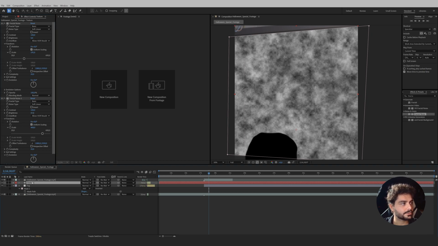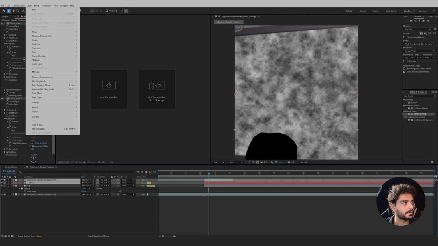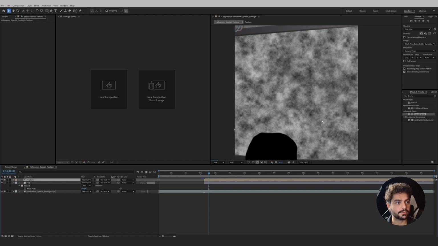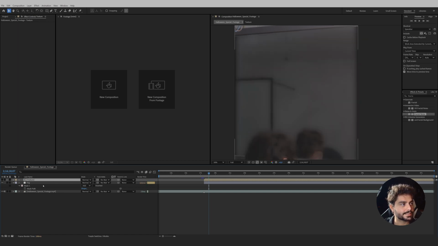Something like this looks good, so I'm going to then select my solid and my rotos layer both combined. I'm also going to trim my texture just to the point where we actually start, something like this. And then select both of these layers, layer, pre-compose this, and move all the attributes into a new composition. This is going to be my texture. Okay. So now I'm going to disable this layer just so we do not see it and go back to